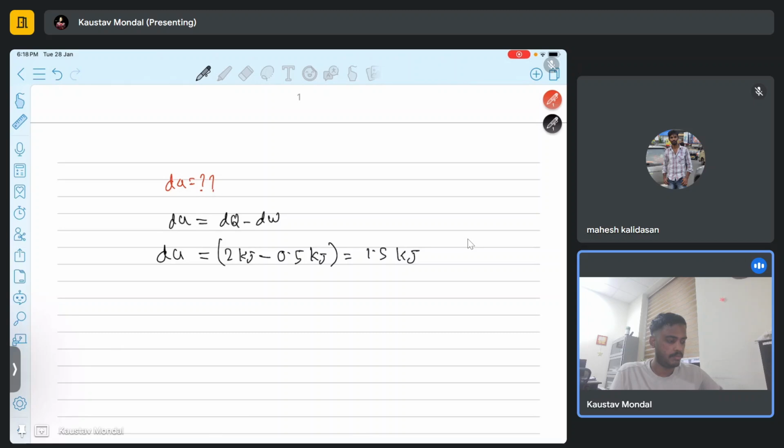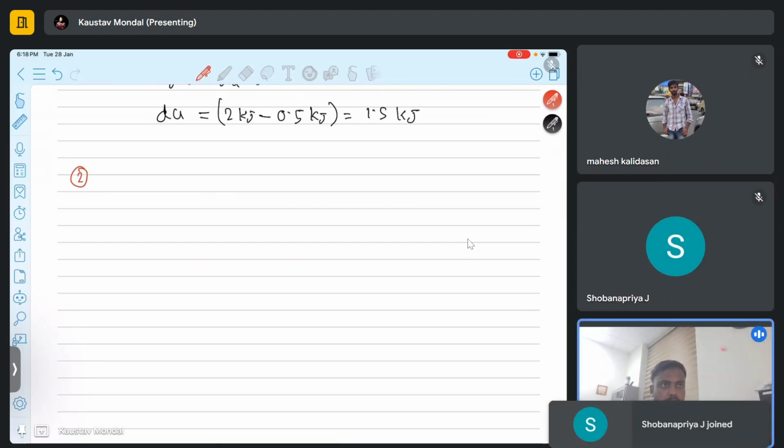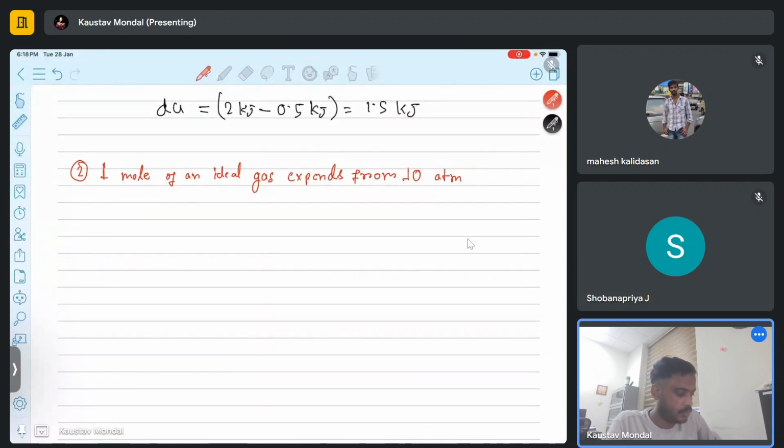Now we go to the second problem. Problem 2 is: 1 mole of an ideal gas expands from 10 atm against a constant pressure of 1 atm at 27 degrees centigrade. So this is given. Now we have to calculate the